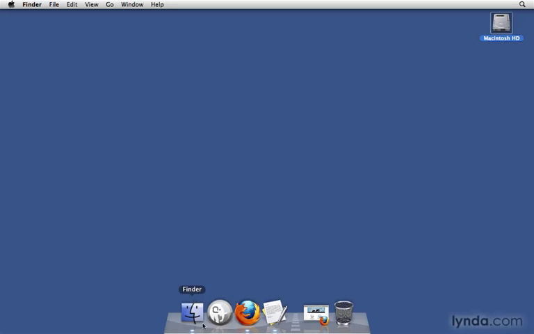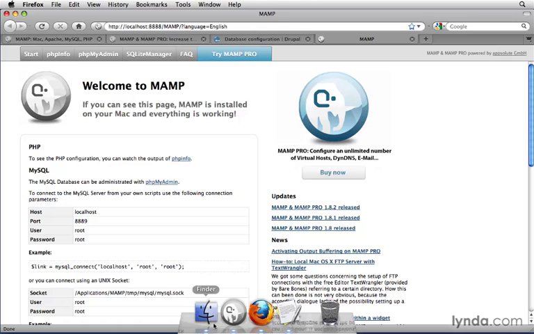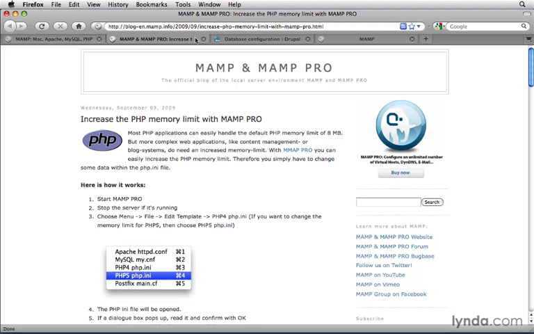By default, MAMP actually uses only a few megabytes of memory allocated to PHP. This can cause problems for Drupal, as the minimum requirements for Drupal are usually higher than what MAMP ships with by default. If you're using MAMP Pro instead of the regular MAMP, you can check out this blog post that covers how to do what we're going to do in this video, but for MAMP Pro instead.